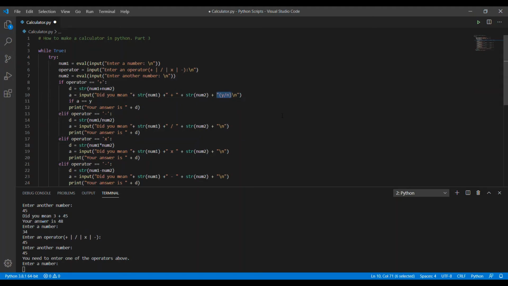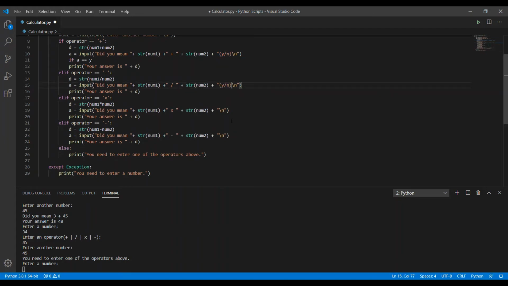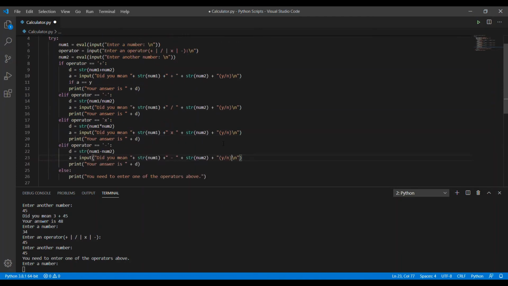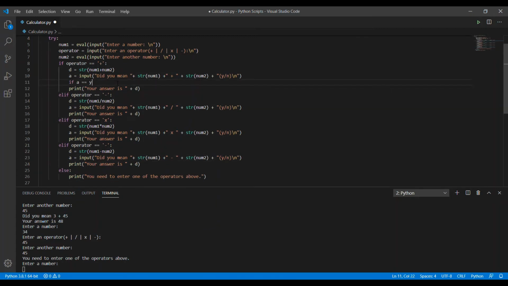Control V, control V. Yeah. So if A was Y, which stands for yes, or A was capital Y,